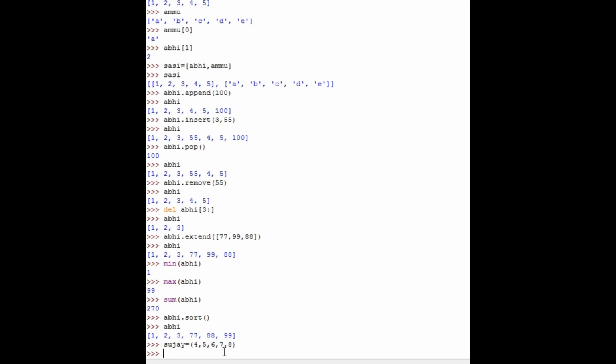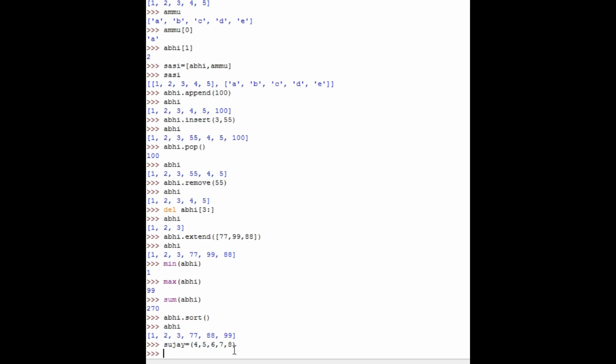So here we can observe, right? Previously we used square brackets and now we have used round brackets. So round brackets are always related to the tuple, and square brackets represent the list. That's one of the major differences. And then you can't change the values. Previously we could change the values using insert, which inserts the value 55 at the third location, or else it will simply change the values.